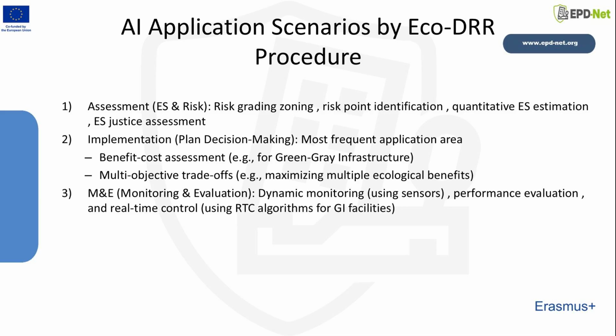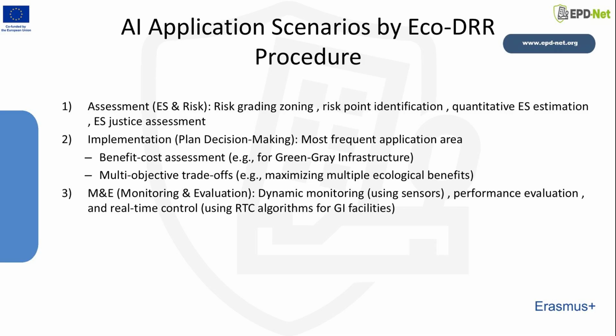Finally, we map where and how AI is applied throughout the 4 official procedures of ECO-DRR: assessment, implementation, monitoring and evaluation. Starting with assessment, AI provides powerful analytical tools. This includes the determination of risk grading, zoning, and risk point identification through pattern recognition and classification algorithms. Furthermore, AI assists in the quantitative ecosystem service (ES) estimation and the critical ES justice assessment, ensuring the benefits are